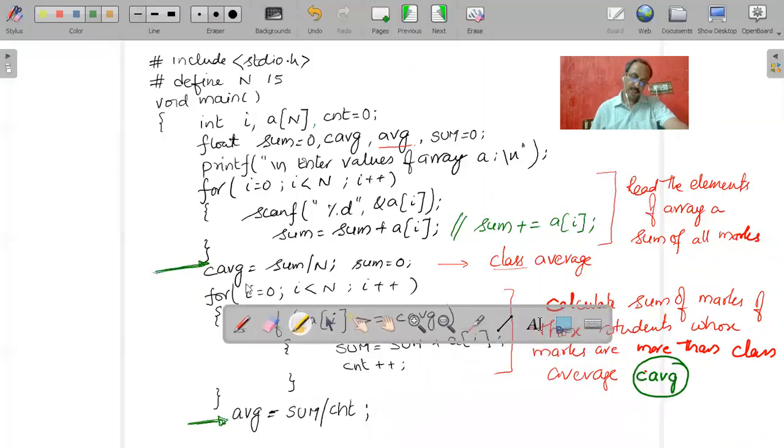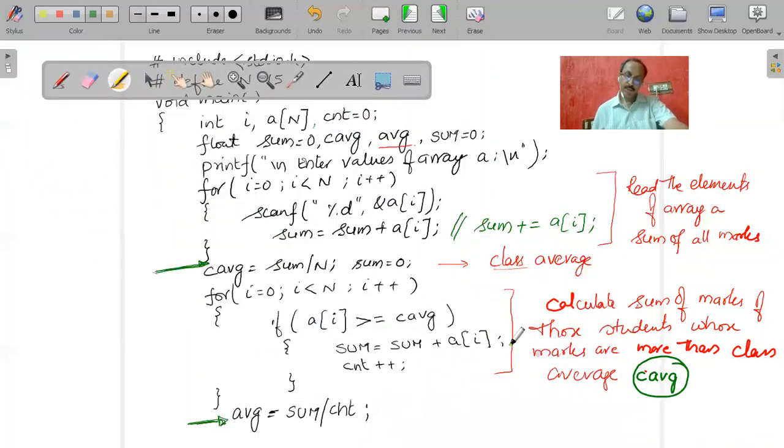Once this calculation is over, what we are doing, this statement